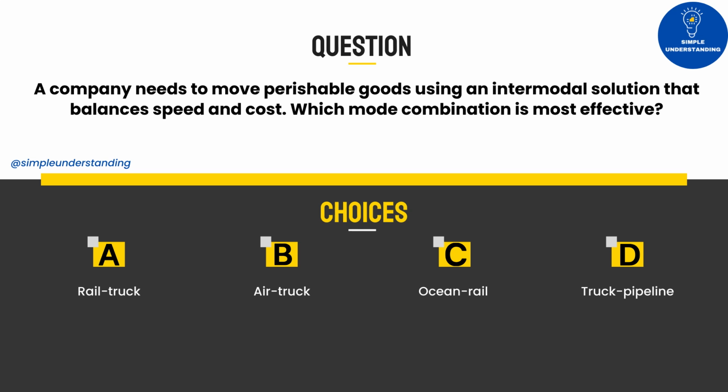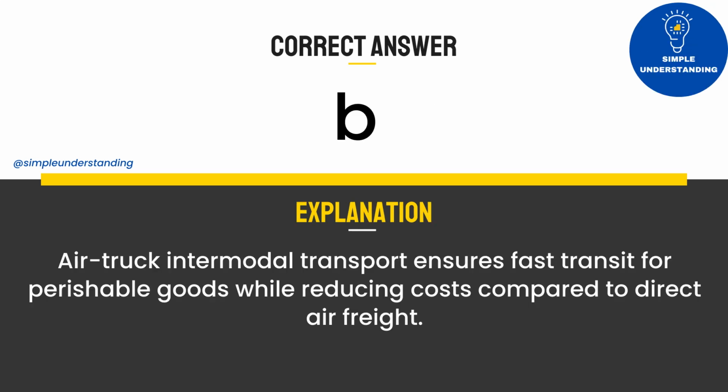Which mode combination is most effective? A. Rail truck. B. Air truck. C. Ocean rail. D. Truck pipeline. Correct answer, B. Explanation. Air truck intermodal transport ensures fast transit for perishable goods while reducing costs compared to direct